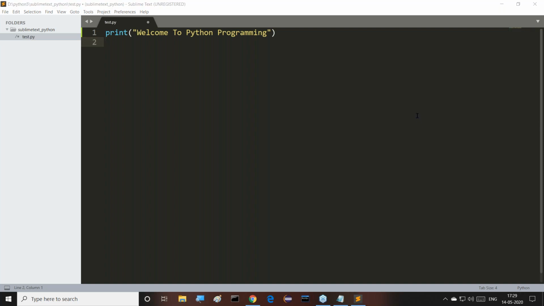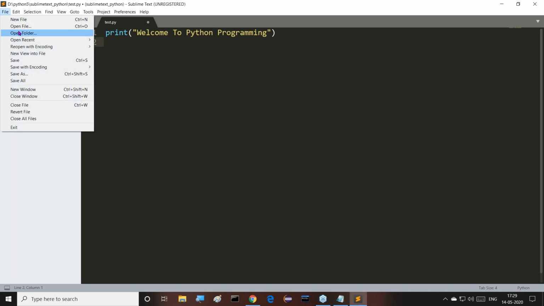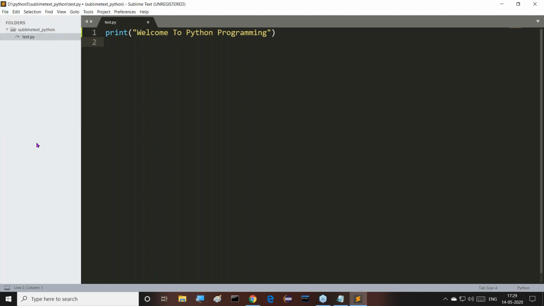Yes, I created that folder in Sublime Text. Just observe clearly how to prepare a folder inside this. File, open folder. If you open folder, it asks for the name of the folder. Go to the location, create a new folder and select that folder, and automatically we are able to open it. Next, right click on this folder, click new file, and the file will be created. Save that file with a particular name and it will be available here.